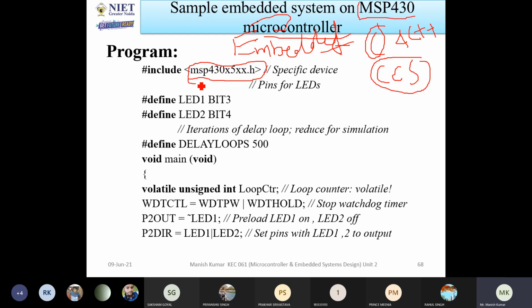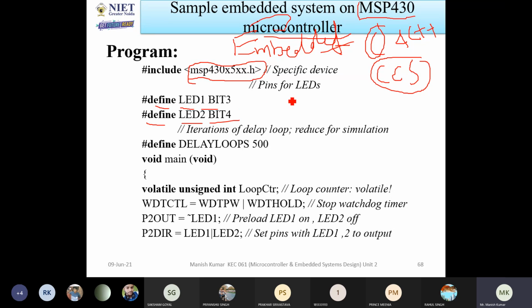The next thing is, first you have to include the header files. Then the second thing is for which port you want to interface the LED. Since I am flashing the LED, you have to connect this LED, so I am defining that particular bit. Define LED1 as bit 3 and define LED2 as bit 4. What is the meaning of bit 3 and bit 4?